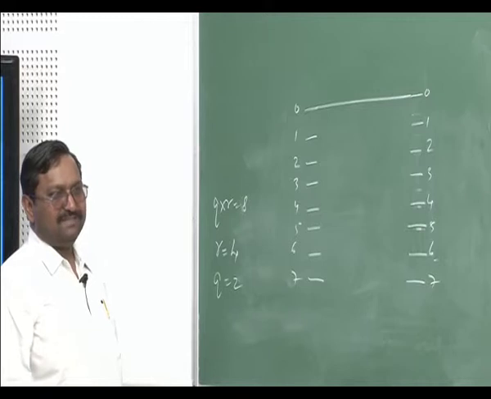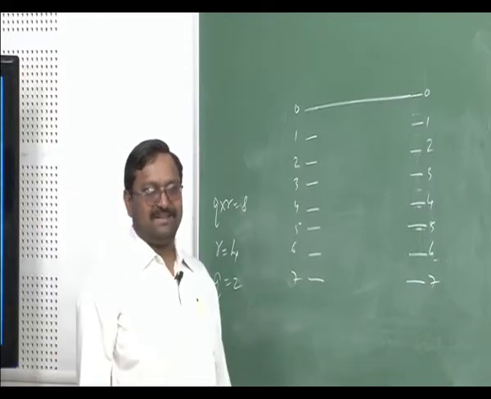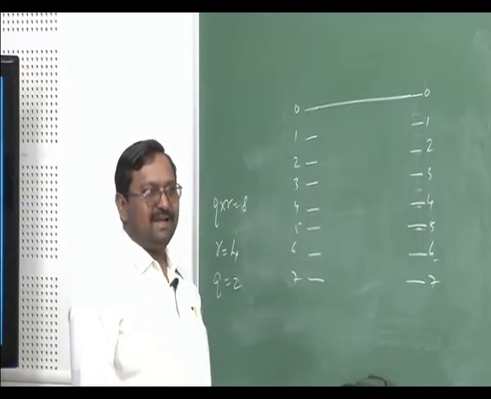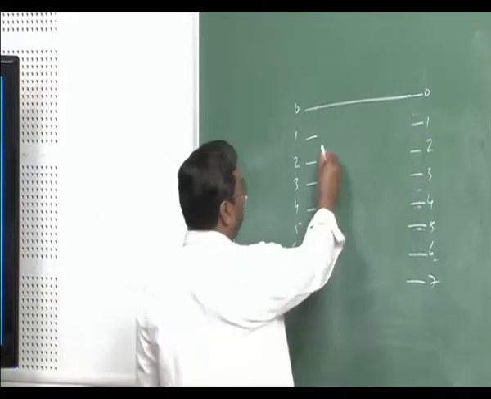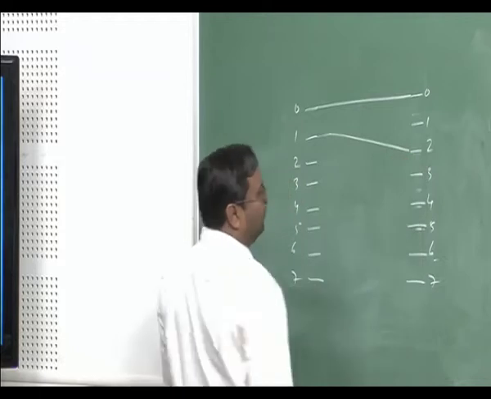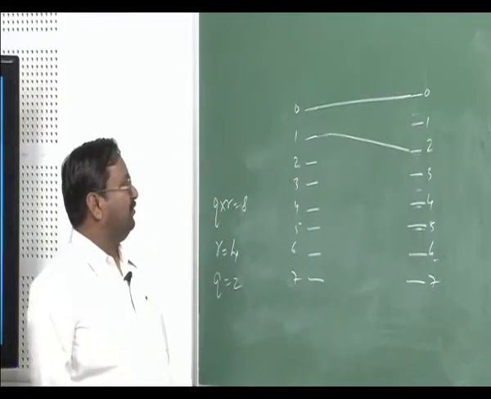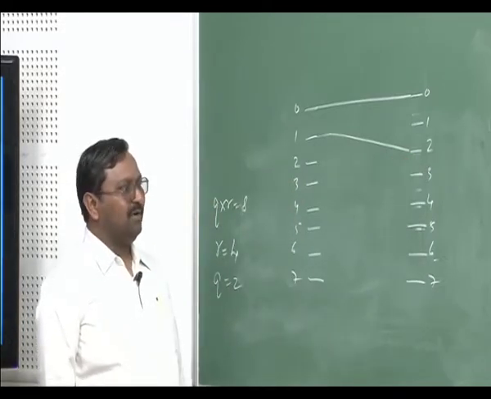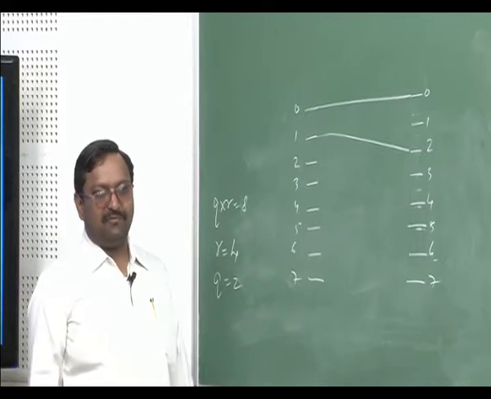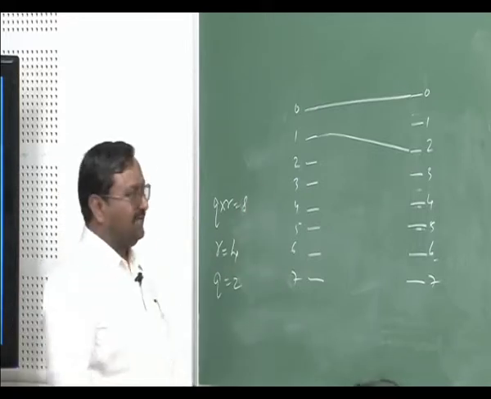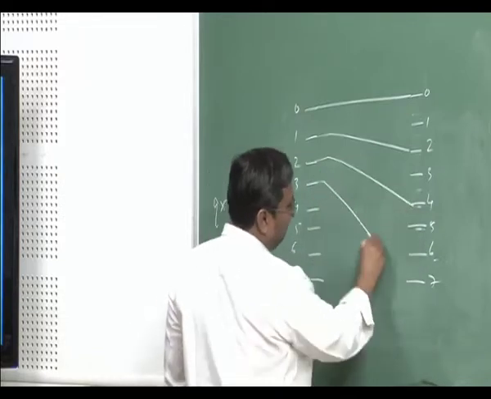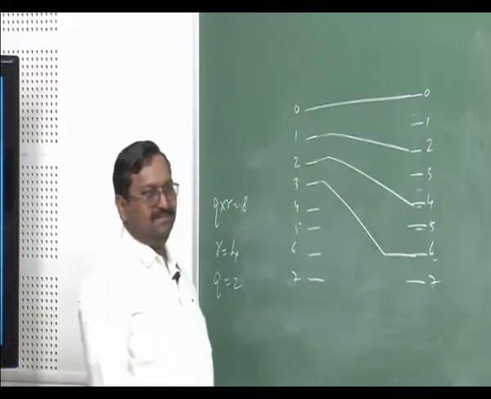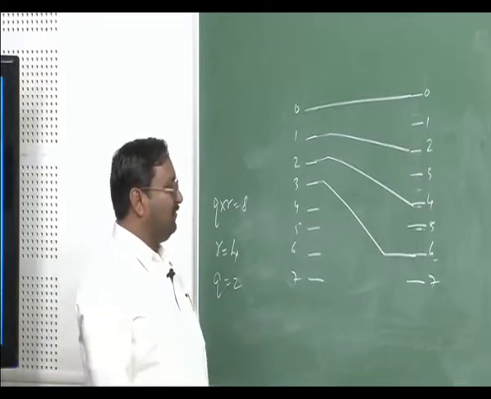So, 1 by 4 is a number which is a fraction. So, the highest integer lower than that is 0 actually. So, 1 into 2 will give me 2. What will 2 give? 2 into 2 is 4, 2 by 4, neglect the other part, that fractional thing. So, this will be connected to 4, 3 will be connected to 6. When the 4 will come,